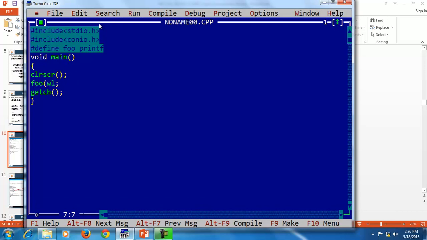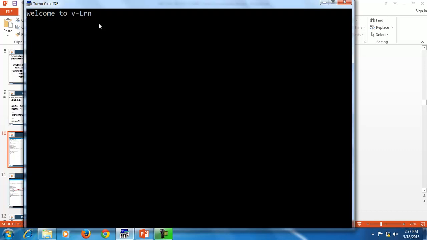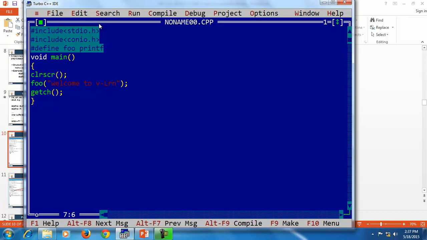I'll just print the message. So now foo will work like a printf function like this. So we can create a macro like this.